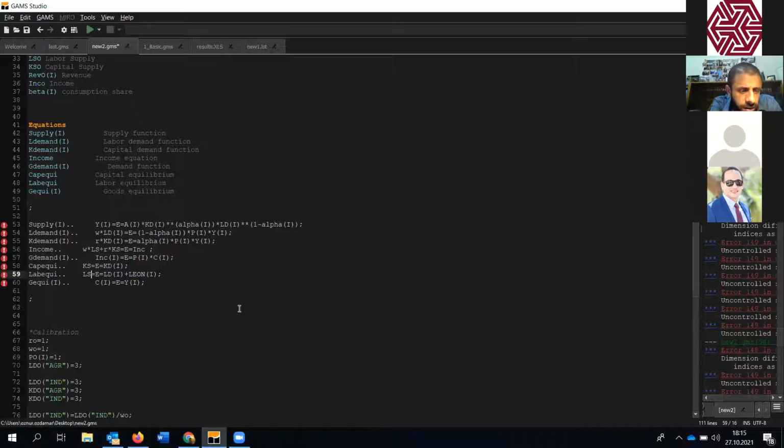What is missing in the capital equilibrium and labor equilibrium? What do you think? Is there anyone, but not Rania this time, because Rania is the only one who's participating. So what is missing in line 58 and 59? What do you think? I think the sum. Exactly, the sum. So after the equality sign, we have to add the operator sum. After the equality, yes, exactly, sum over I, sum bracket,